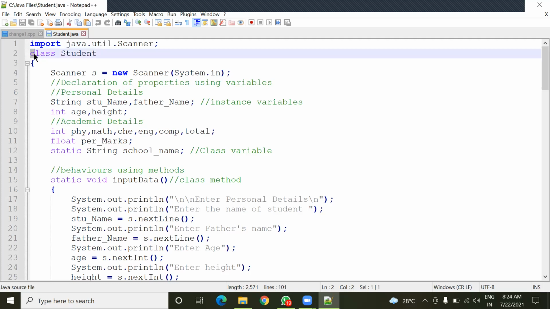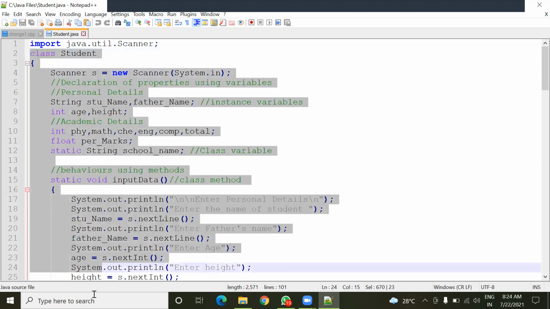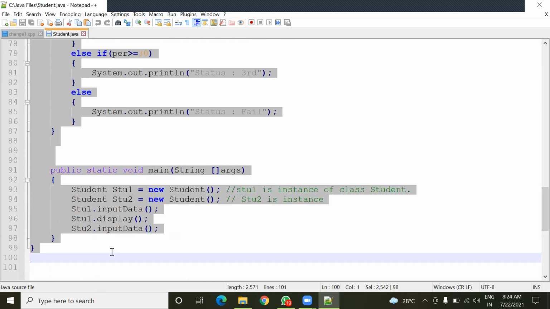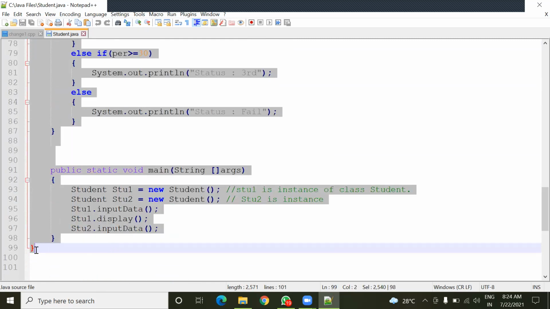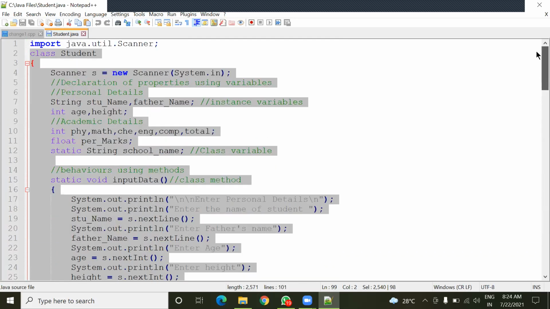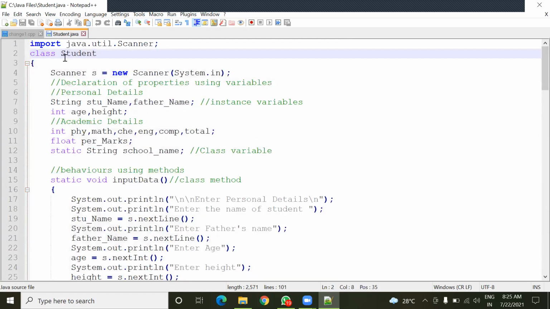Our whole program is inside this class student. This last curly bracket marks the end of the class student. So now we have a class named student here.